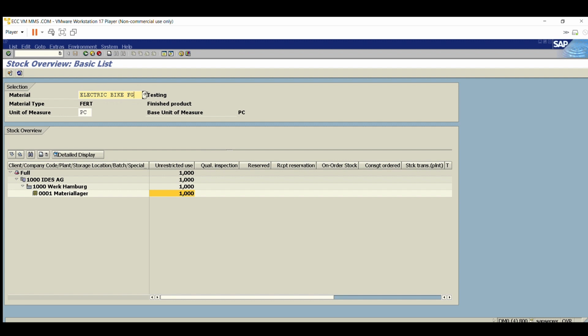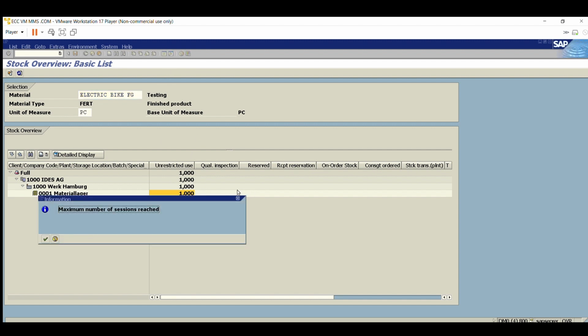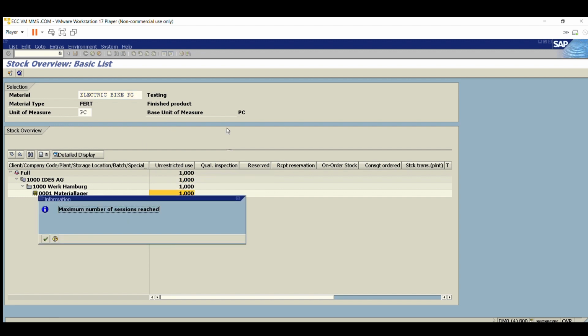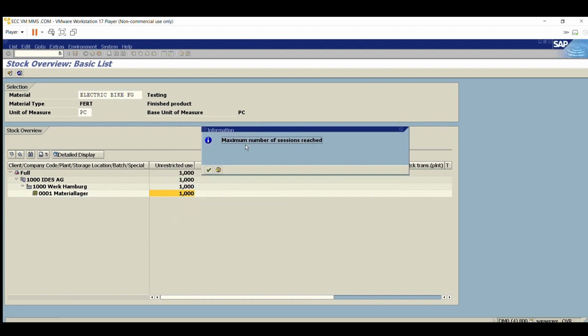So this is the thing, guys. This is one cycle to do the production execution. After the stock has arrived, how the stock is given to the customer and how the sales order gets created, that I will explain in the next session. There are a few T codes which we need to perform. Now when I try to open one extra session, it will show the error